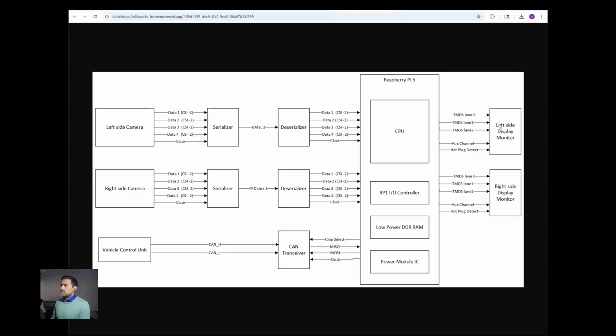displayed to a display. It's assumed that the display is very close to the processor, which is why there's no serializer deserializer here. And it's basically a display port that's connecting the processor to the display. As an example, we've considered Raspberry Pi 5 as the processor. One can use any other ASIL rated processor. But essentially, this is what it is: camera information sent to the CPU, processed in the CPU, and then displayed onto a display. The same process happens from the right side camera,